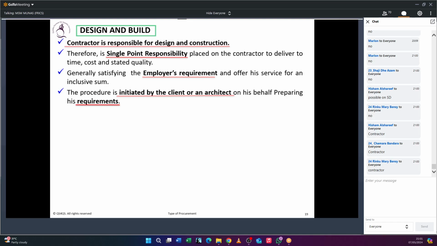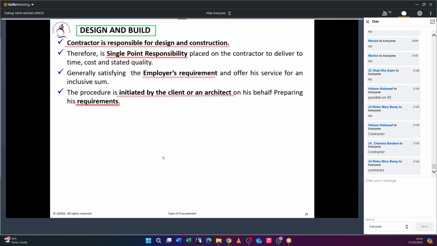Do you understand? In most design and build procurement, I have heard there's a fight over fire or health and safety concerns. Sometimes the authority will say you should have a firefighting system inside the building, whereas the contractor never priced or considered that in his design and build procurement. But according to authority requirements, it's part of the employer requirements you should consider. So it's a big claim. So you have to price very carefully when you are going for a design and build procurement if you are working for a contractor.